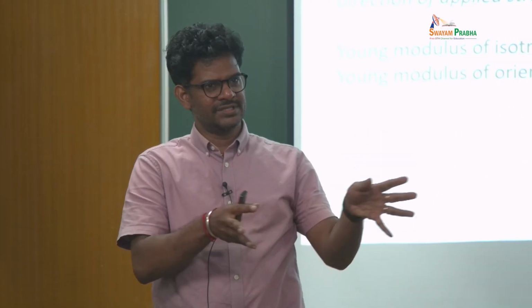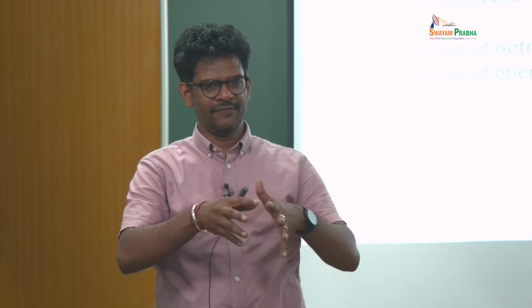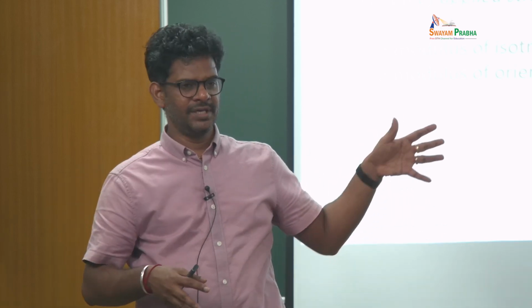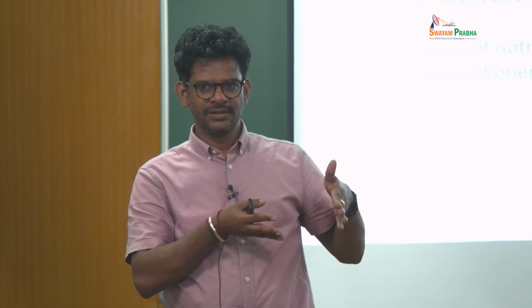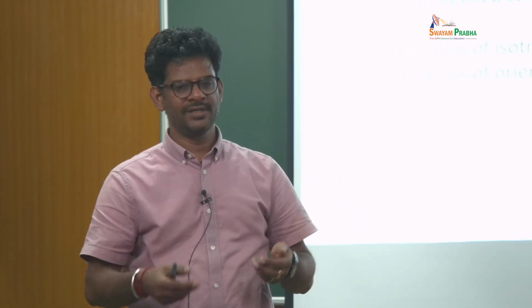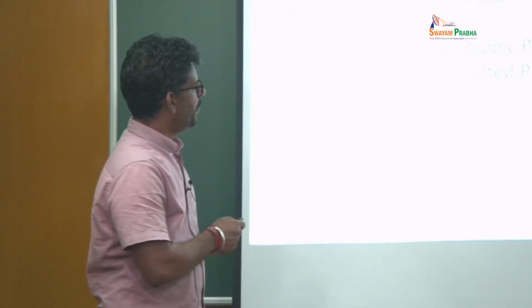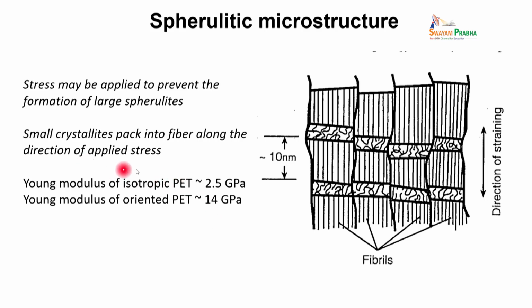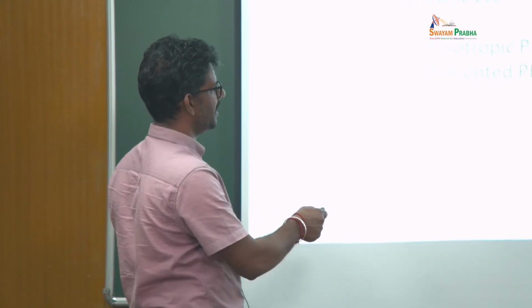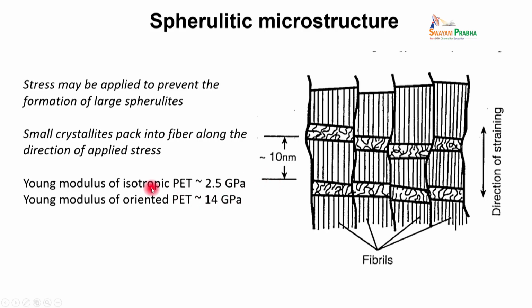If you don't do this, the crystals will grow in all different directions, and you get an isotropic orientation. But here you are focusing the crystal growth in one particular direction by applying an external strain. What's the reason for doing that? If you compare PET that is isotropically crystallized versus crystallized under an oriented direction, you can manipulate the Young's modulus, the strength of this material. The isotropic PET has about 2.5 gigapascal, whereas the oriented PET has about 14